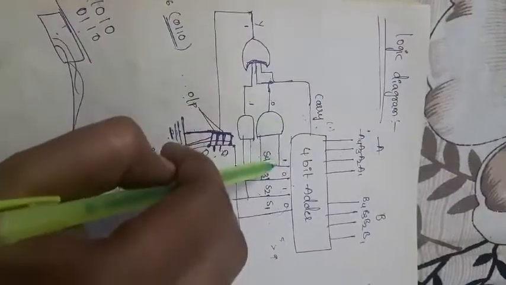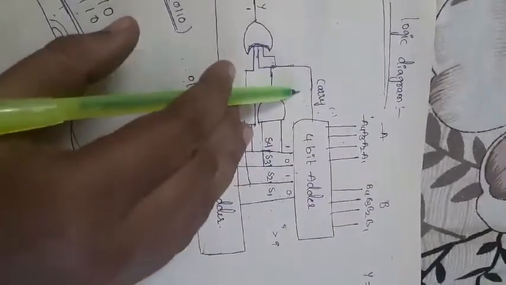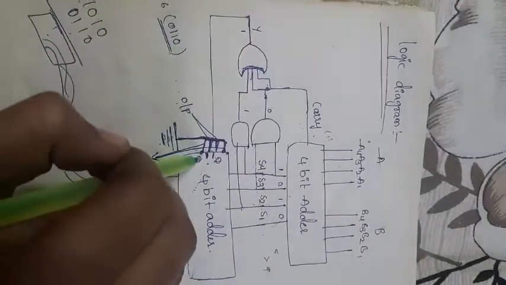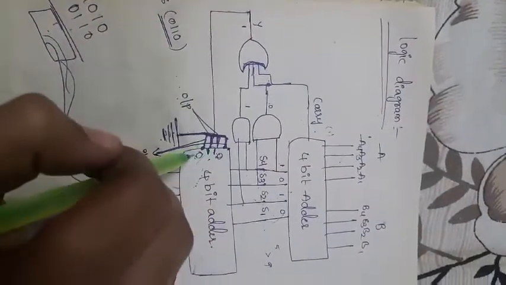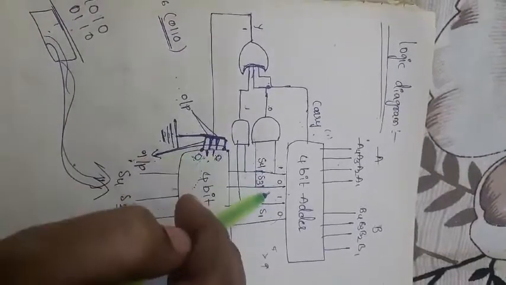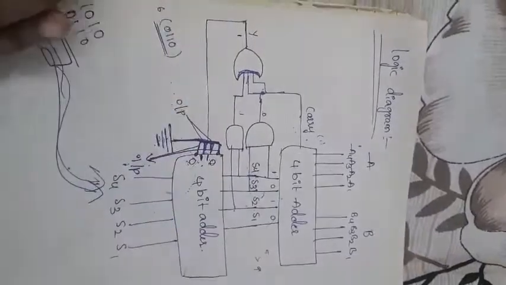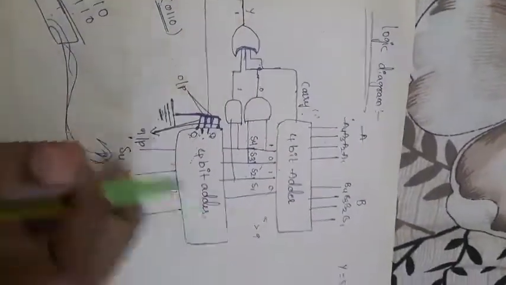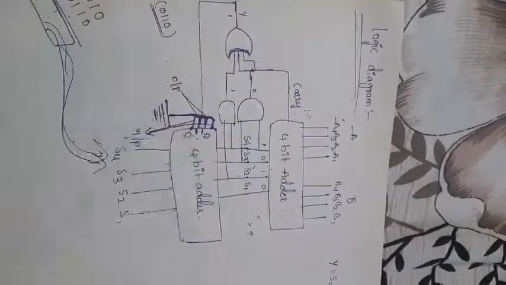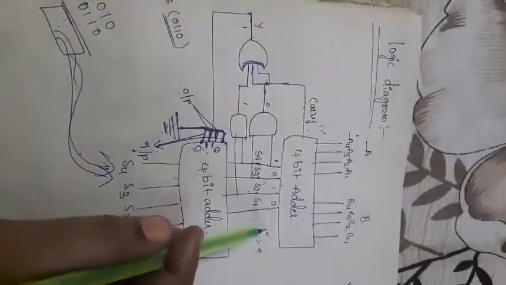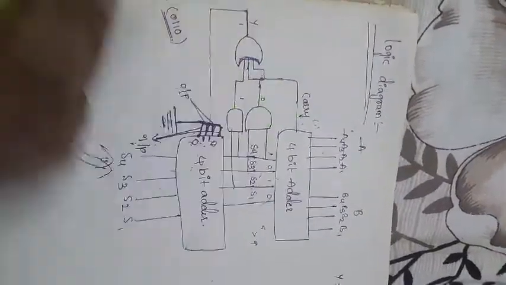If this number is not greater than 9, and if a carry is generated, that carry is present at the output side. That means automatically this number is 6, so this 0110 is added with 5. Whatever final result we get is the actual sum. That is the second step. The first step is greater than 9, then add 6. The second step is less than 9 or a carry is generated.